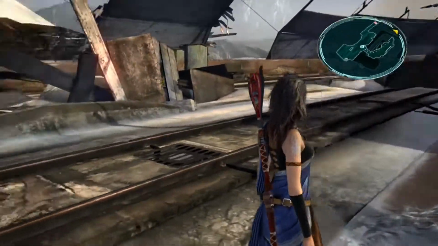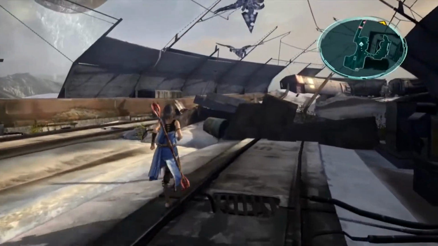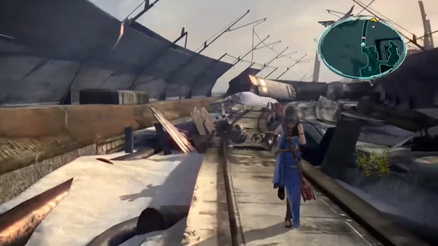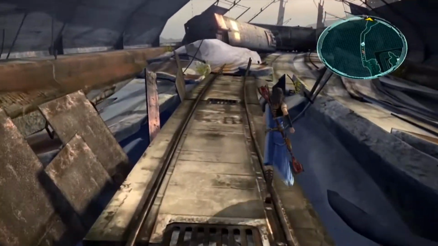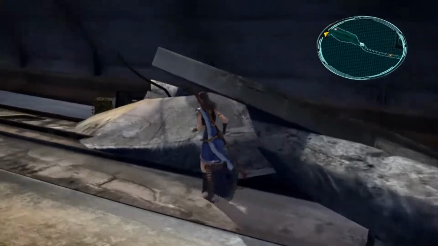Okay, we're back at the bridge. So let's continue on just a little further. We're almost to the end of this area. This bridge is the last little section. Let's check out these Seekers. These Seath are just throwing themselves away across this little railing here, and if I'm not mistaken...